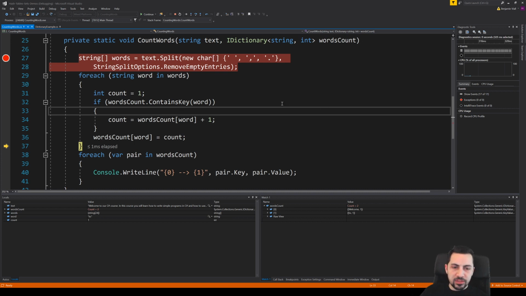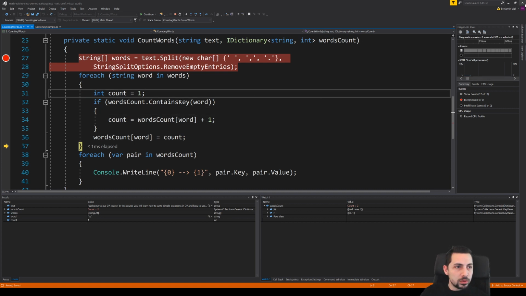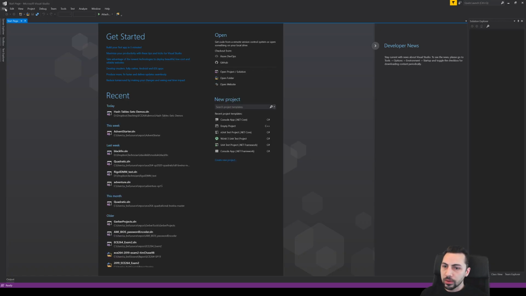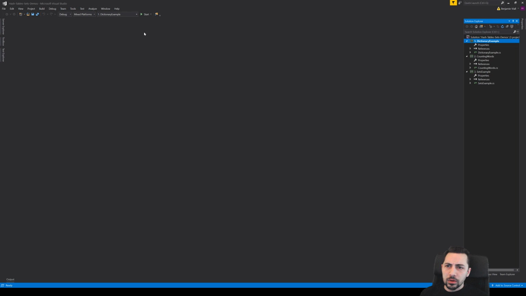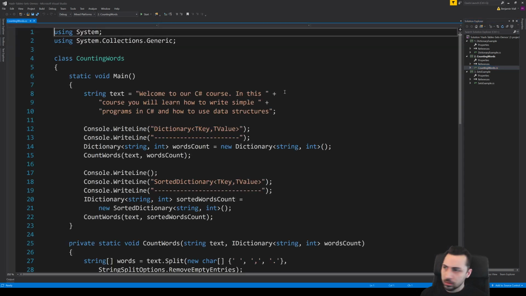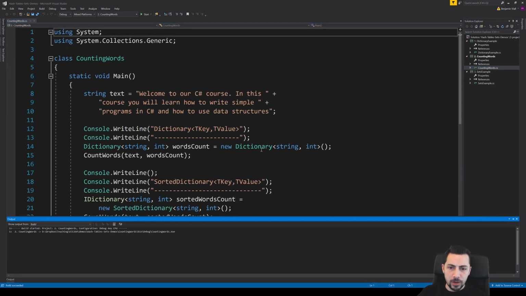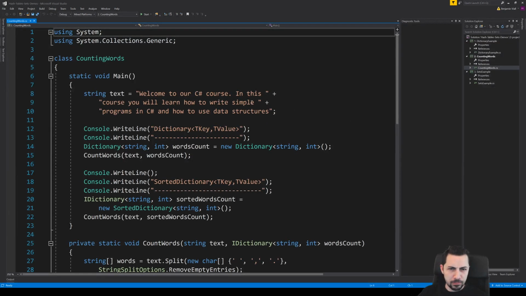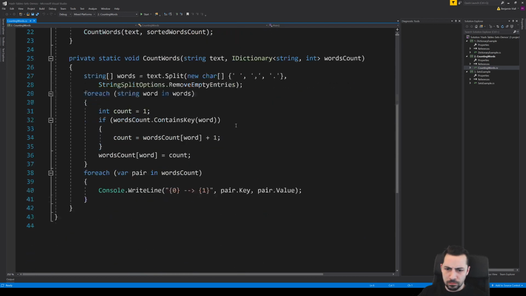All right, for the sake of readability, I'm just going to restart Visual Studio here for a second. Bear with me. I want you to be able to see what's going on down in the watch window. So, hash table demos, counting words. Open it up. Run it. Put a breakpoint on it. Run it.